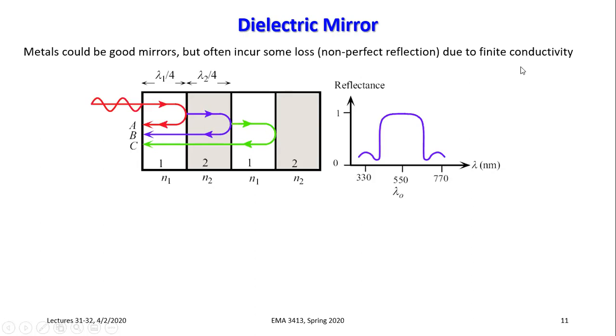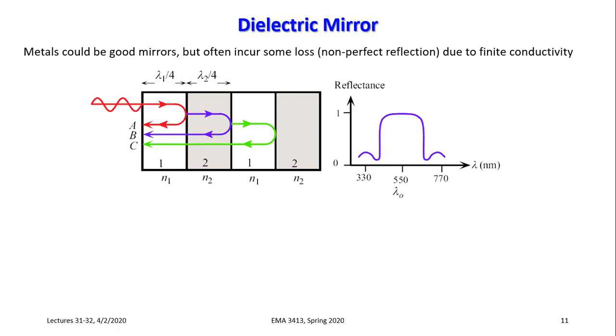a finite conductivity, that means when the electric field is oscillating inside these materials, that could be Joule heating. Okay, you have an E field, that means you move the electrons around, and you have finite conductivity. Then you have finite power consumption. So the mirror reflection is not 100%. Okay, there's some loss. Now you do have the opportunity to use dielectric materials, transparent materials, to achieve a perfect